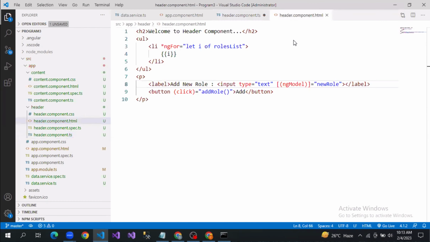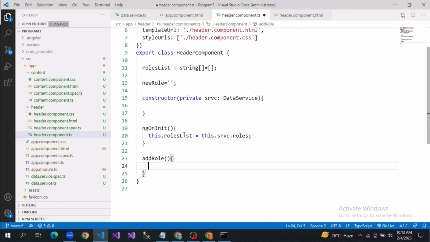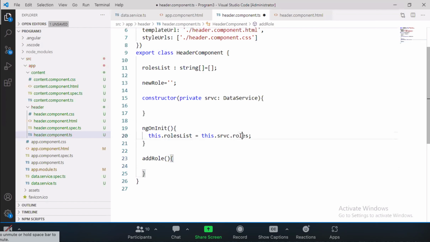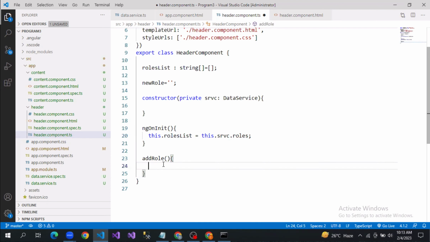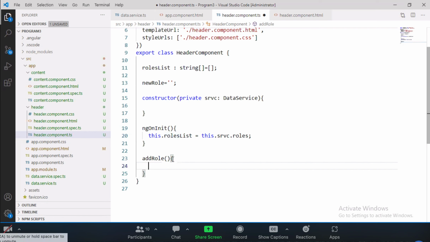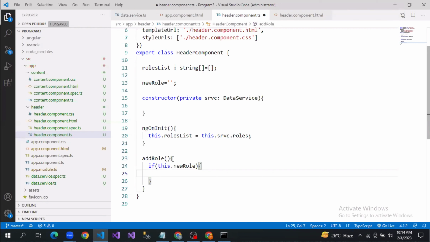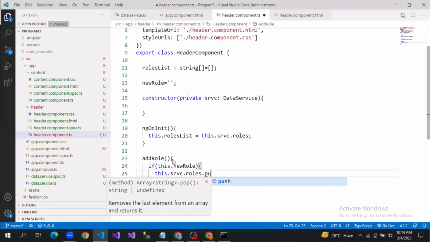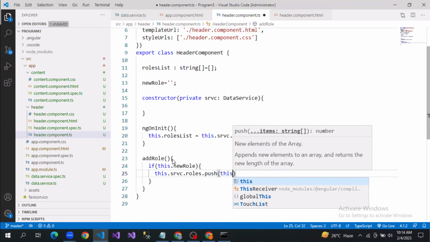On click of add role, so we should read the data from this new role and we should push it to which one, guys? Roles. But what if user doesn't enter any data, and what if he clicks on add, guys? That will be null, right? Either null or empty. So in Angular, you have an option, guys. This dot new role. I'll debug and I'll show you what this is doing. New role. Then we'll say this dot srvc dot roles dot push this dot new role,